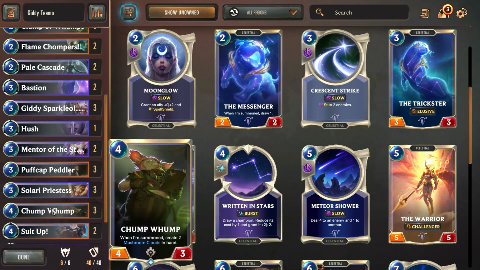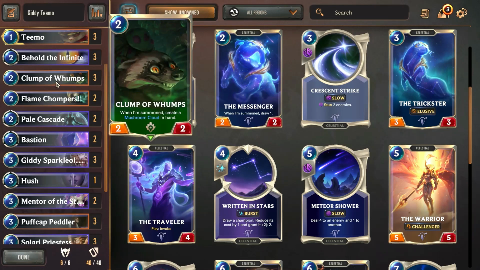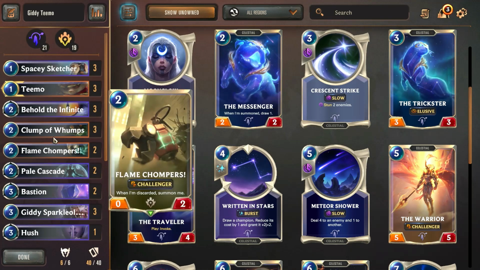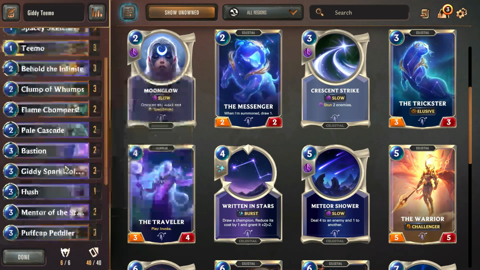And these chump blockers, the Chump Wump and the Chump of Wumps, are good as well, just to fill up our board and chump block, and they also produce the mushrooms. Alright, so we're also running in this deck a full set of Behold the Infinite, Spacey Sketcher,